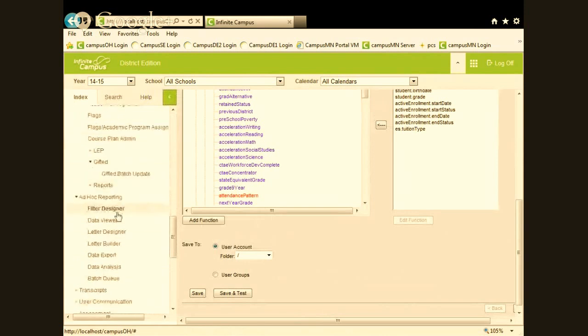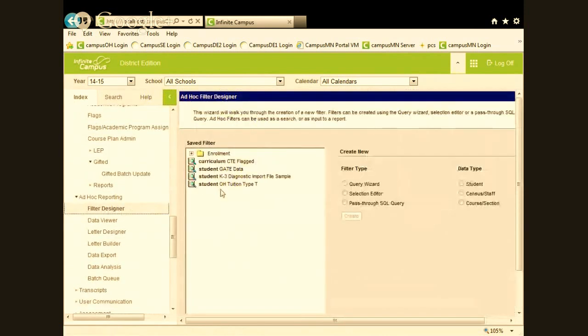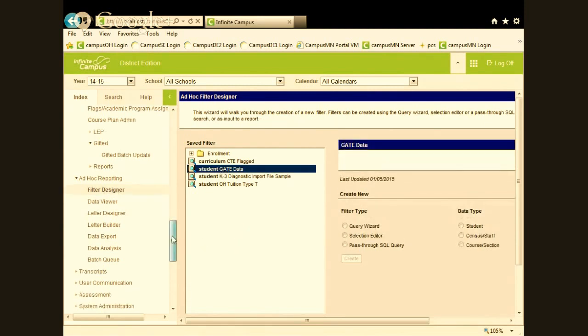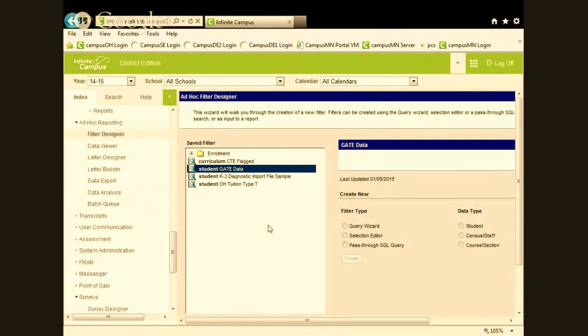You can share them. So if I come back down to my ad hoc filters, I can share them with other people. I can save them to other user groups. So an EMIS person could create an ad hoc report and share it with other user groups, so that you don't have to reinvent the wheel. You can use what's out there. The ITC could make it for all the districts too. So if they have a pass-through SQL query that might be a little more complex, they can save it, put it in the counselors folder, and then each counselor in each school would be able to access that as well. So it's a great way to share ad hoc.